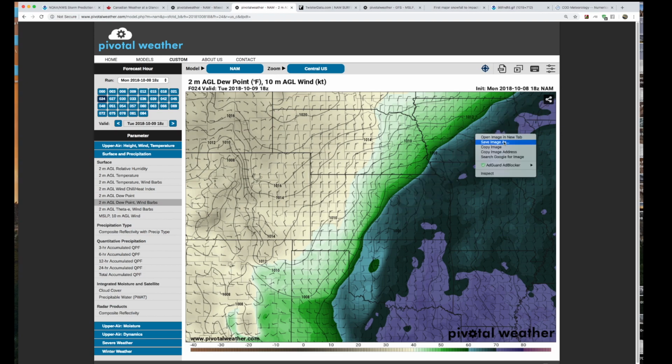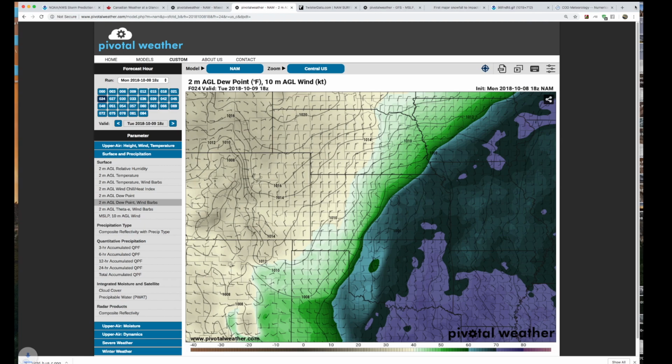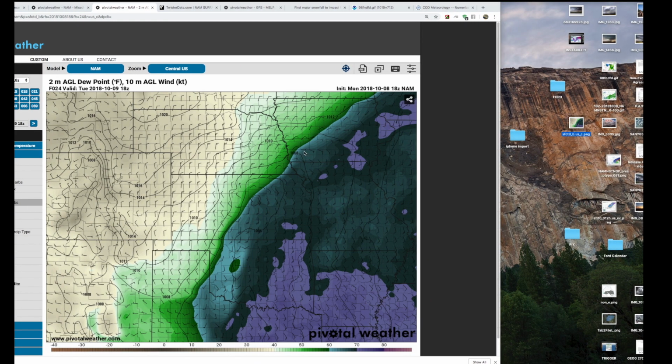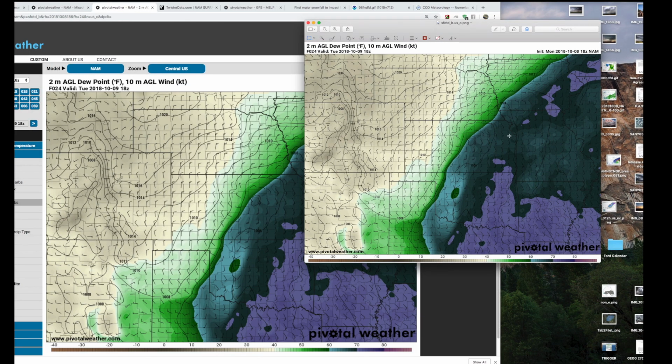So we're actually going to draw it. Why not? And I'll show you. It's very simple. So when you're going to draw a front, you're basically looking where the winds are changing, where the temperature is changing, in this case, where the moisture is changing. So we know there's a low up here,